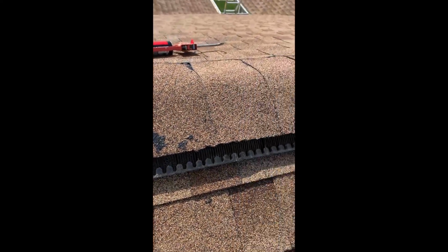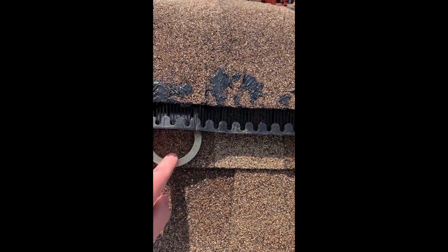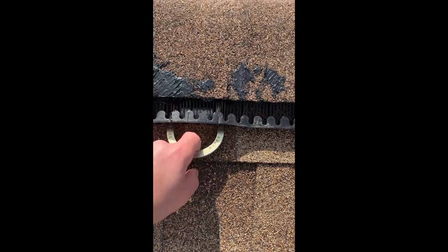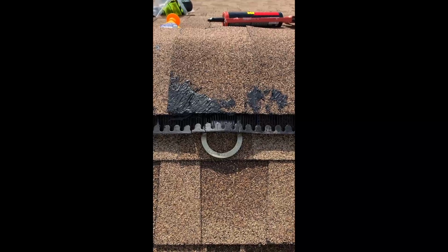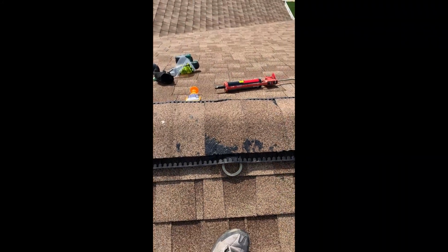Got it all sealed. Sealed every one of these. As you can see, here's my ridge anchor, ready to go. You just clip to this, and don't have to worry about if you fall or anything. That's your safety. So the rest of this project can go fairly